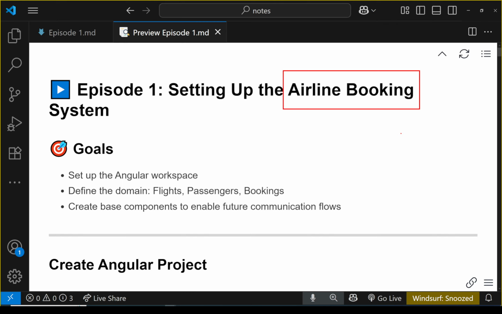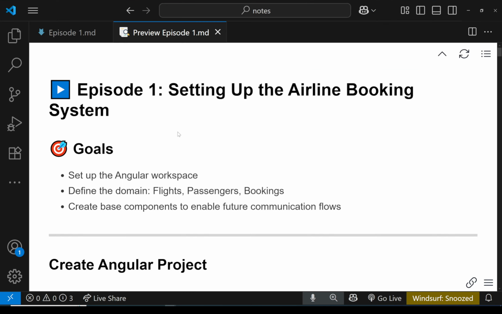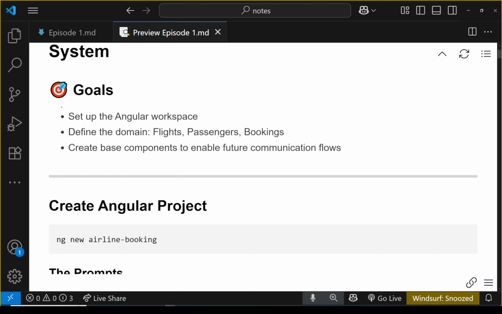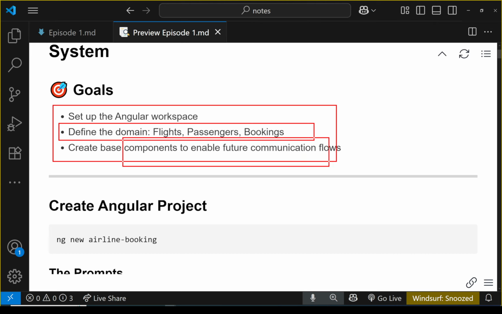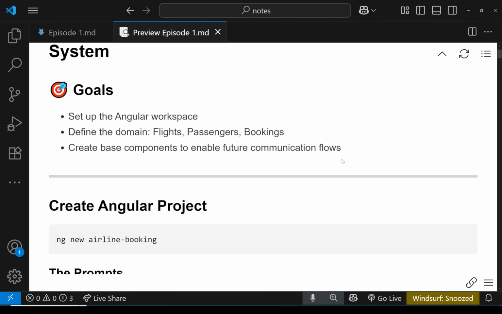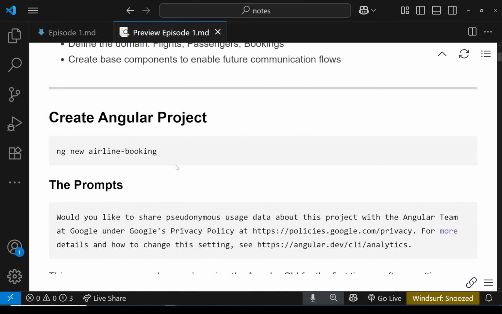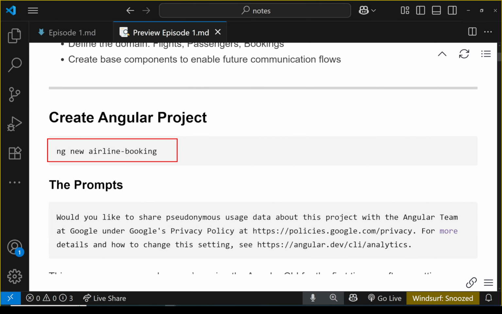So let's get started. This is the first episode, episode number 1. The goals of this episode are to set up the Angular workspace. We are going to create our domain with some model classes. We are going to create some components, some services, and there are some other stuff that I need to talk about. So the first thing that I want to do is to create my Angular application using the Angular CLI